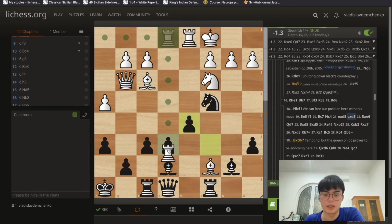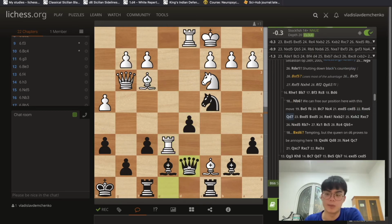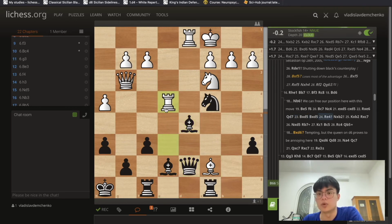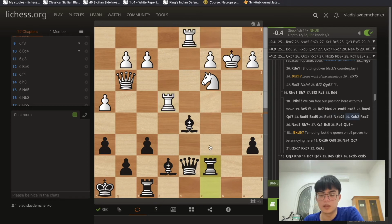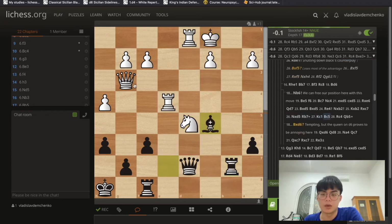After which rook e6 happens, and we get into a very forcing variation, which understandably is maybe one of the reasons why Kosulin didn't want to go to this, because after bishop d5, rook e4 is the computer move, and the only move to keep basically equality is in the eyes of the computer. After knight b2, a desperado move, attacking the rook also. There's king b2, rook c7, knight d5, rook b7, and after king c1, bishop c5, rook c4 was recommended by